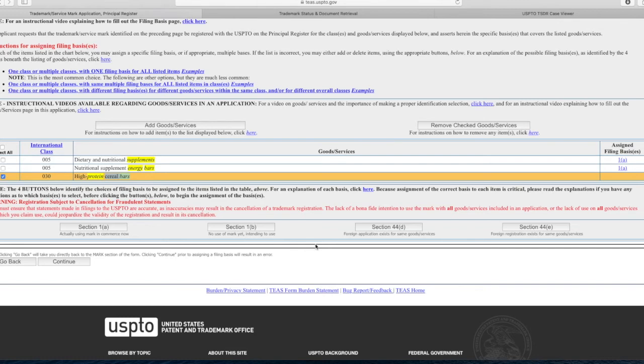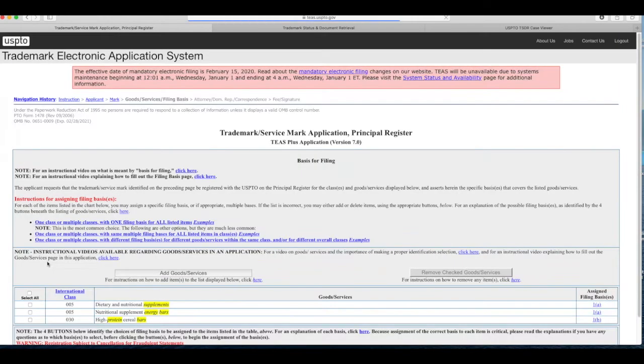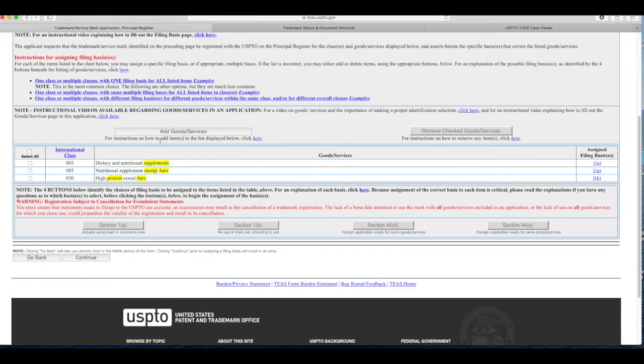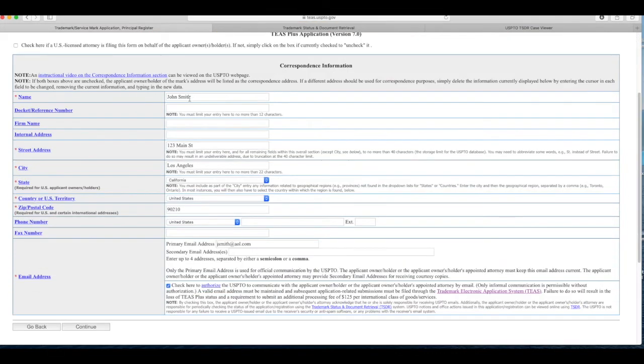So there is a definite advantage to applying first, even though you are not the first to use. If you're not selling it yet, but you will be in the foreseeable future, then you select 1B. 1B is otherwise known as intent to use, or ITU. Alright, so now we have our bases. The remainder of the application process, it's just a matter of procedure. Sign, date, and then pay, and then